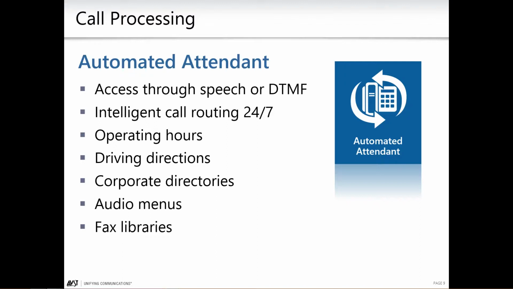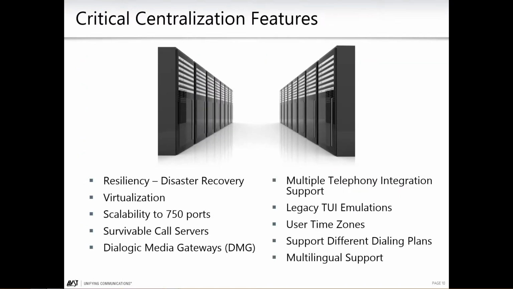Along the way, we went from being a fairly small system, a 4-port voicemail system, primarily, to now one of the largest enterprise systems available. And in doing that, there was additional development required, not to add new features to the system, but to talk about some of the concerns of an enterprise in the areas of resiliency and high availability. So you'll find our architecture scales from a 4-port system to a 750-port system, and basically does that in full